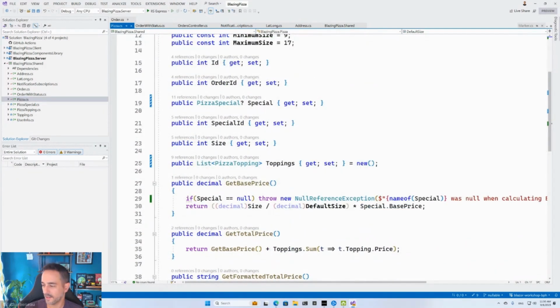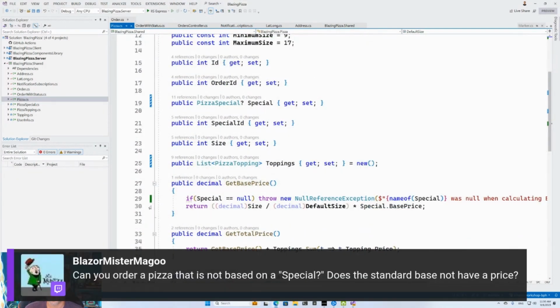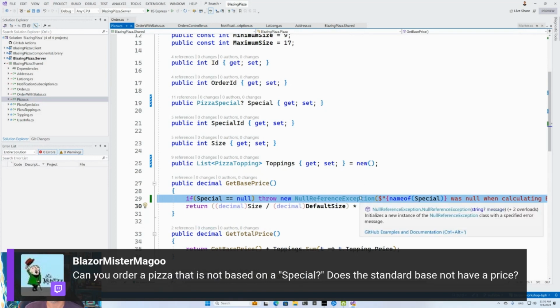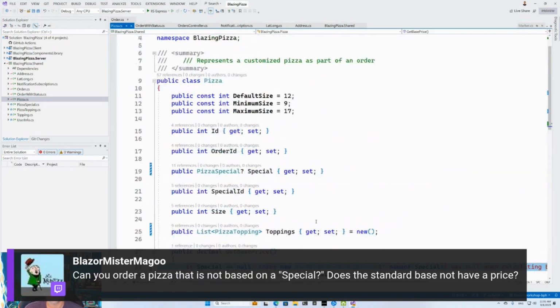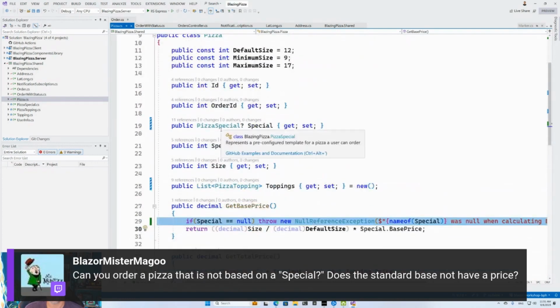I think you're right there, Mr. Magoo. I don't believe this is a thing that can actually ever happen, but the compiler believes it's a problem. I don't think you would get this far before you would either run into an error somewhere else or there's some malicious activity, something like that, to actually make this happen, because